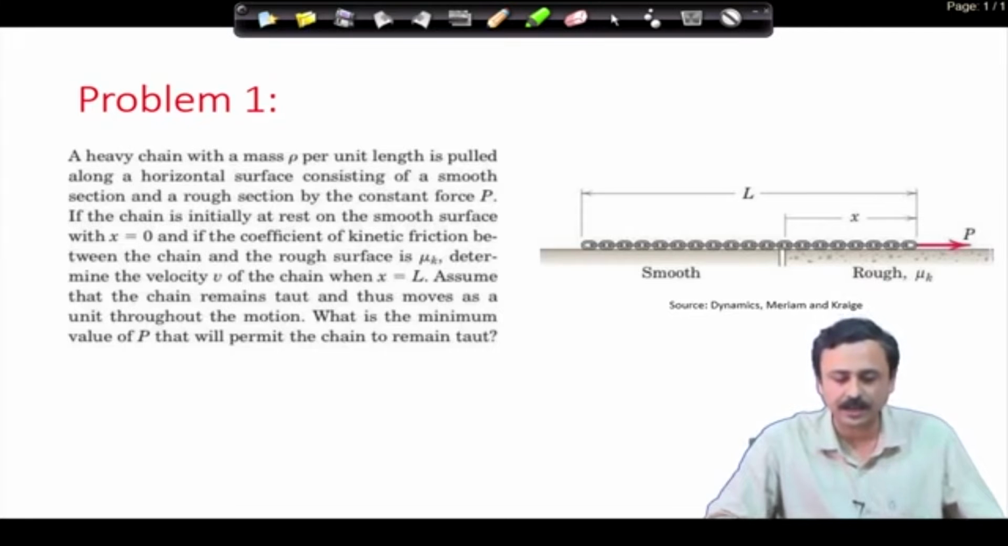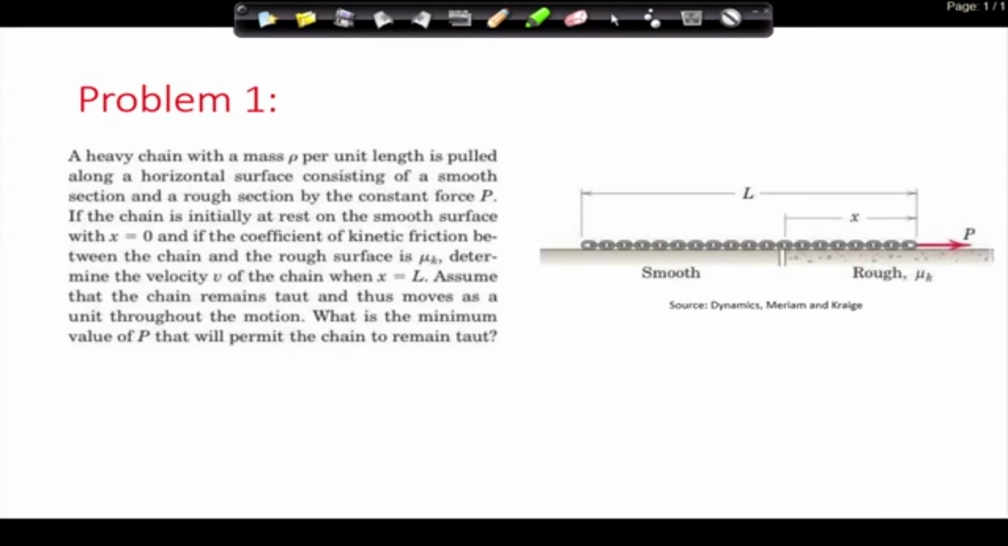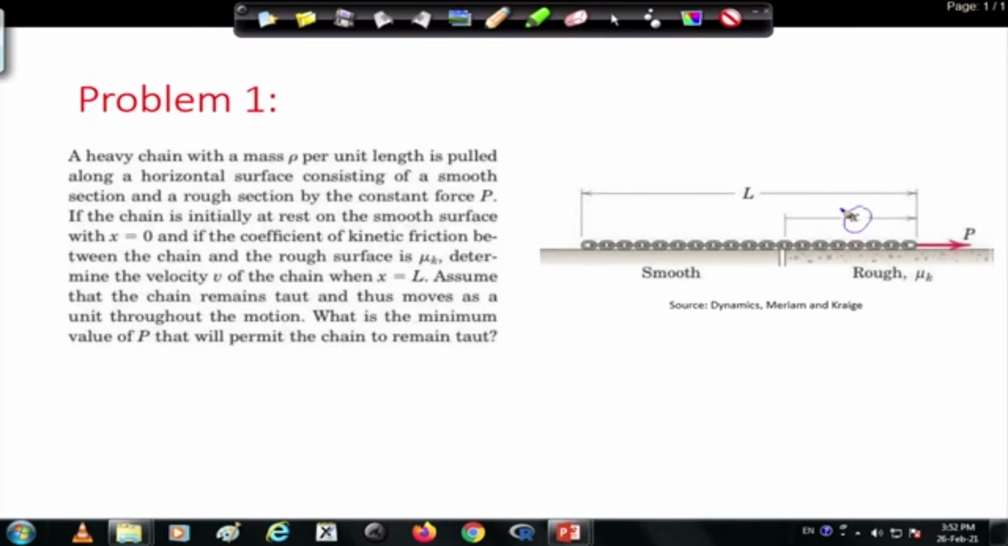The problem says a heavy chain with a mass rho per unit length is pulled along a horizontal surface consisting of a smooth section and a rough section by a constant force P. You can see in the figure. If the chain is initially at rest on the smooth surface with x equal to 0, x is shown here, and if the coefficient of kinetic friction between the chain and the rough surface is mu k, determine the velocity